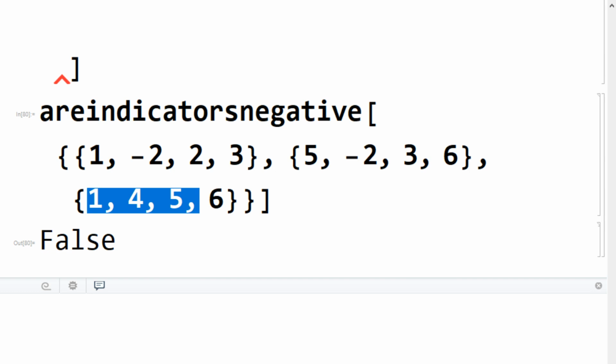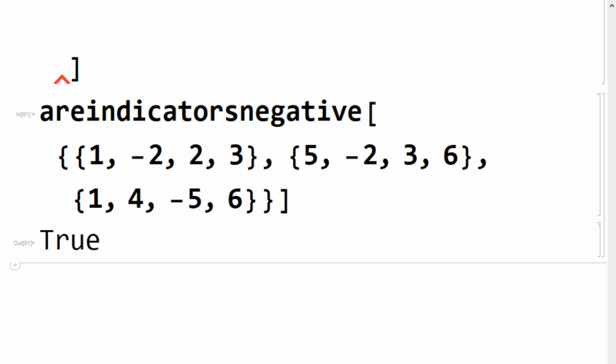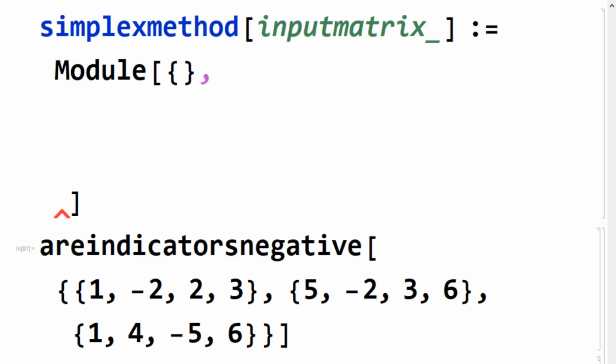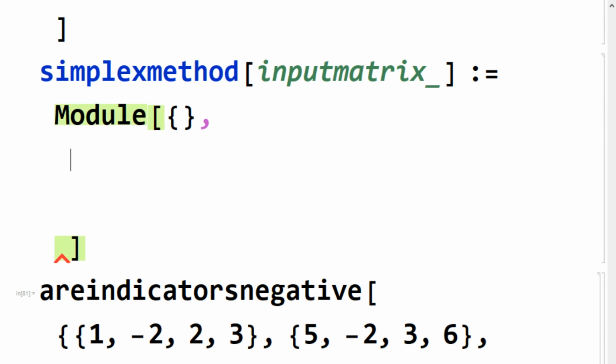Now, the indicators of this matrix are everything in the bottom row except the last entry. And this function checks to see, is any one of them negative? And if they're all positive, we return false, like we just did. And if one of them is negative, then it'll return true. There is a negative one there. So this method will tell us how to we'll have our matrix equals our input matrix,